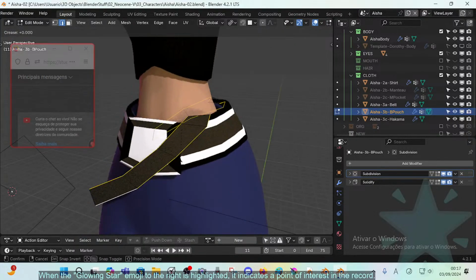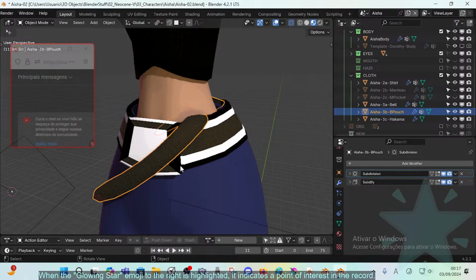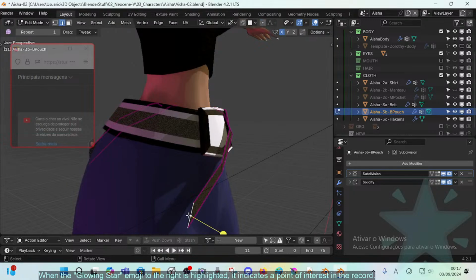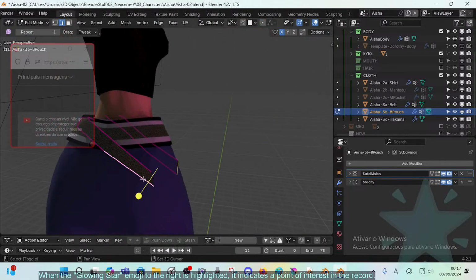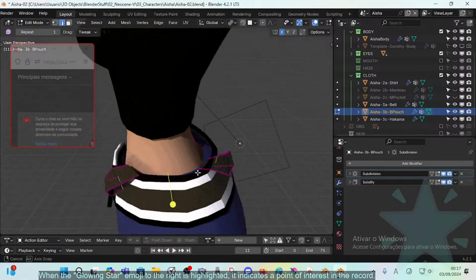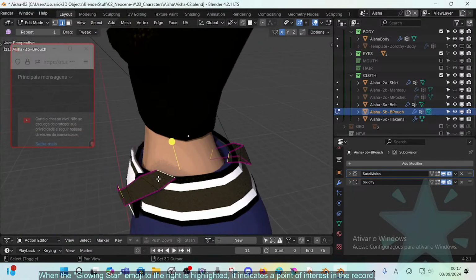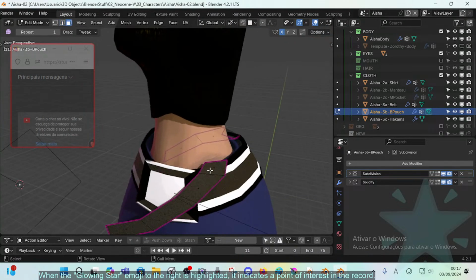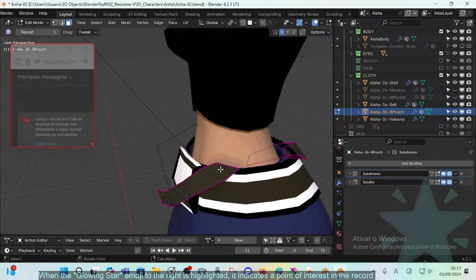And Shift E, maybe 0.7. Do the same here and here. Shift E 0.7. Nice. Maybe this I can change the